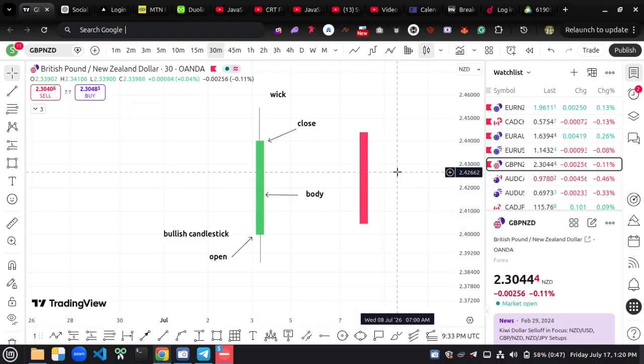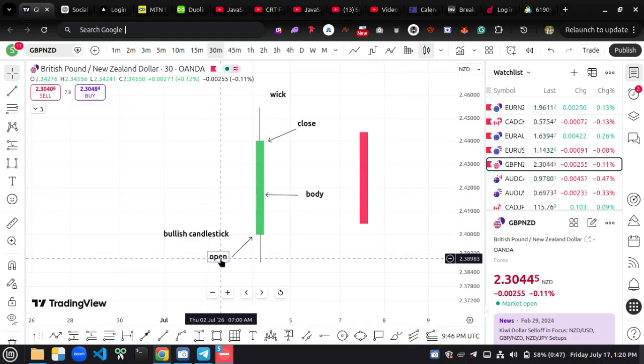Don't forget what I mentioned a bearish candle is. A bearish candle is a candle where, okay, I'm going to mention what a bearish candle is, but what is bearish? Bearish basically means selling, that is, it's going down. So what is a bearish candle? A bearish candle shows you